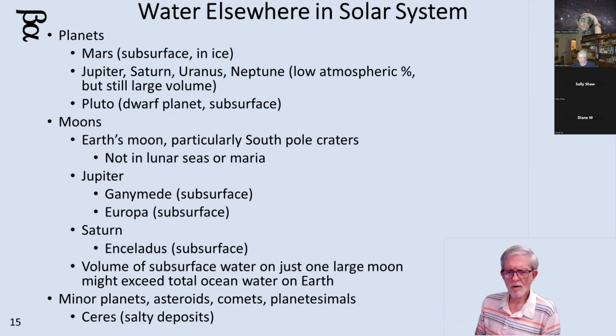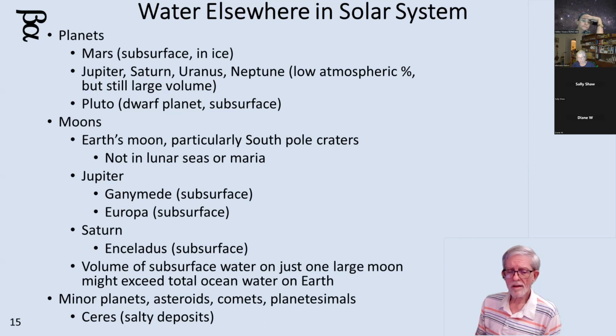So as soon as we send a probe to one of these two places, and we can drill down through about 3 to 5 miles worth of ice, we may find there's a salty ocean down there. More to look for. And it turns out Enceladus also has a subsurface ocean. That's a moon of Saturn. If you just look at the potential subsurface ocean capacity of Ganymede or Europa or Enceladus, the subsurface ocean volume of any of these three moons might exceed the total quantity of water on Earth.